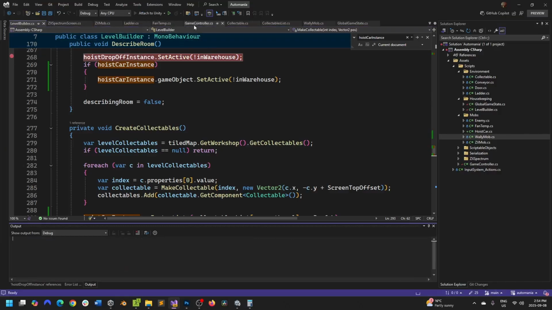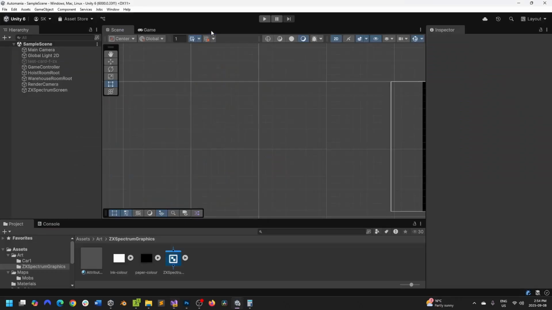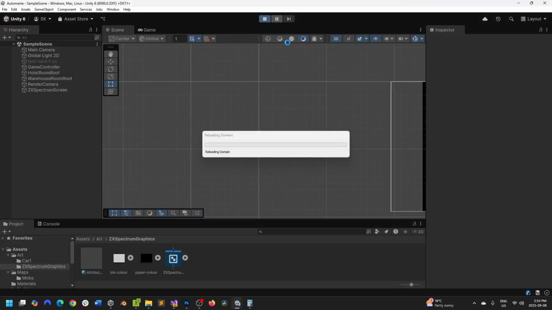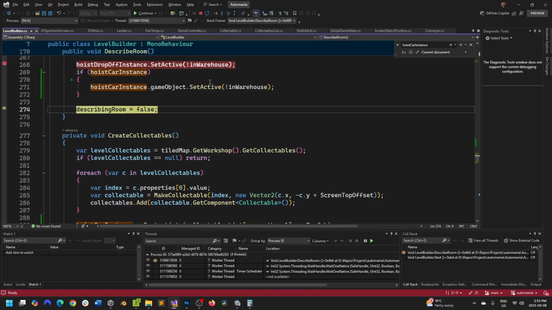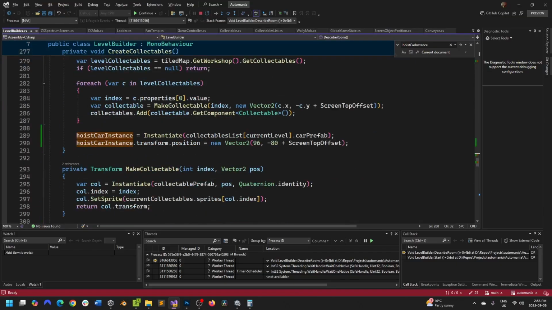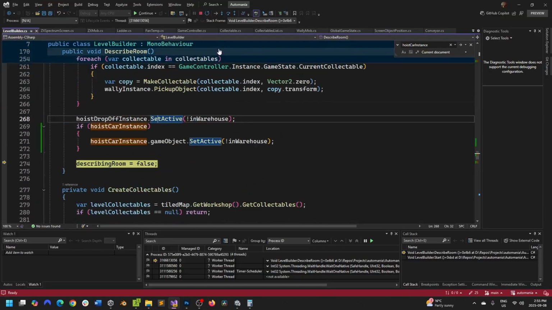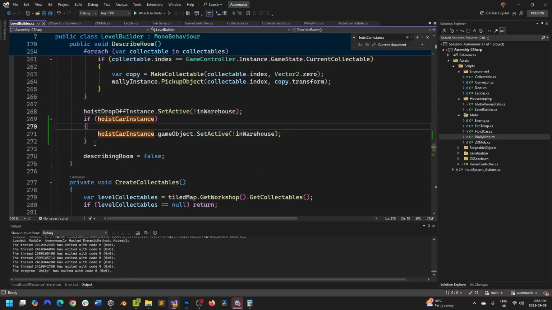Well, okay, let's set a breakpoint here. So this should be negative if it's in the warehouse. So are we in the warehouse? Yep, we're in the warehouse. And we don't have an instance. There we go. But we do later on. That's why. Okay. So we do have one here. Aha. Okay. So let's keep that in there, because that will be important when we come back to describe the